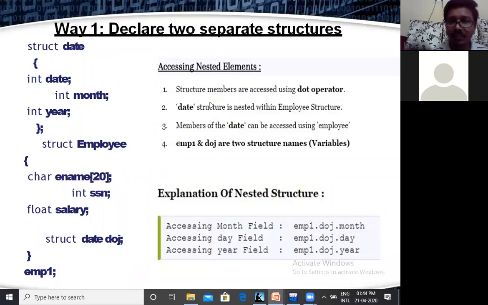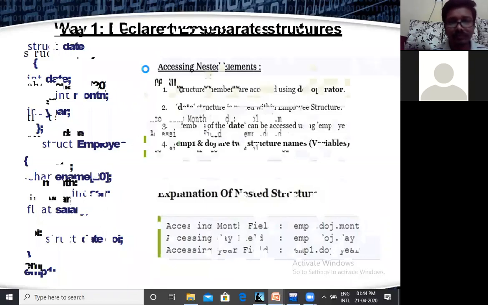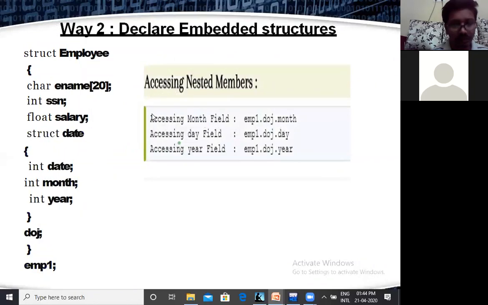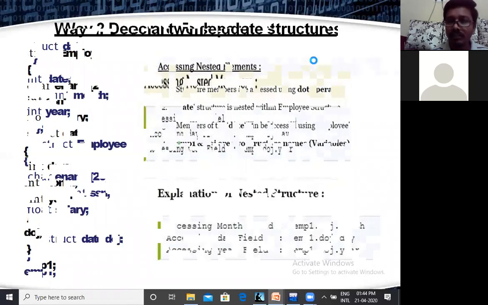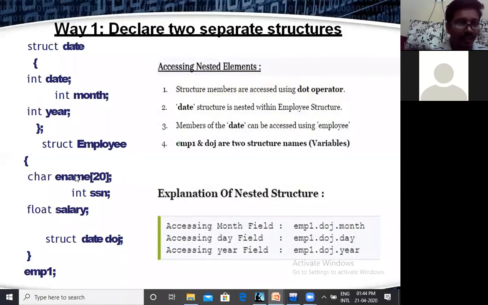Employee is the main structure. Within that employee, we are able to access one more structure, the date structure, which is already available before the employee.